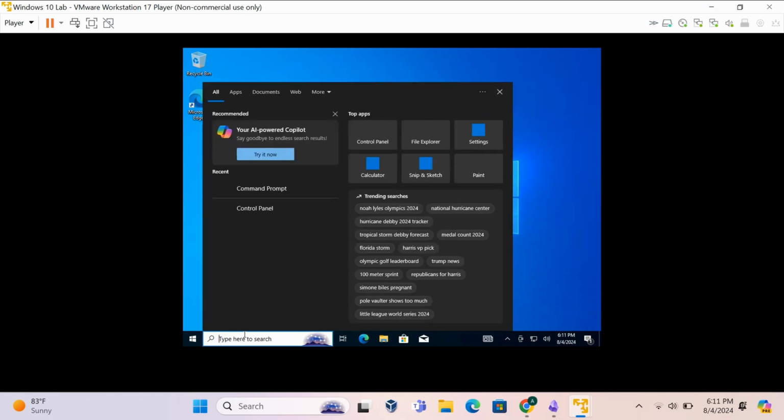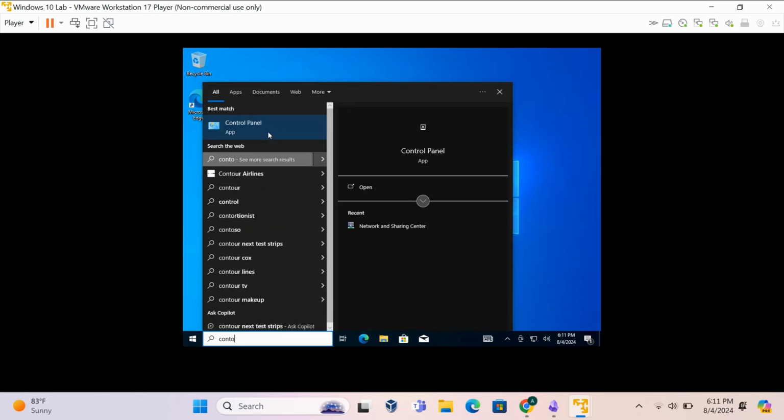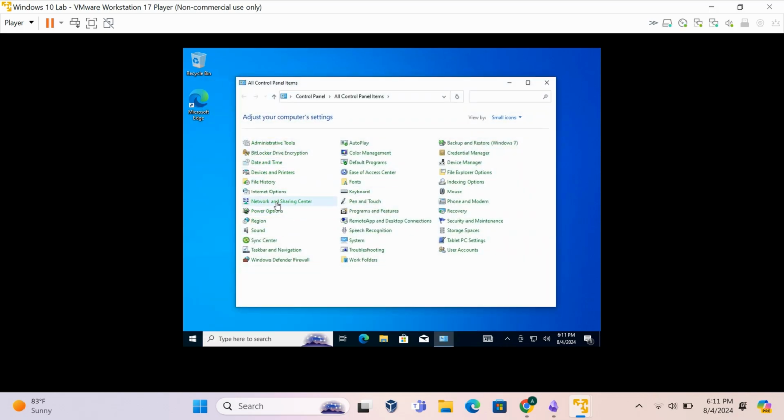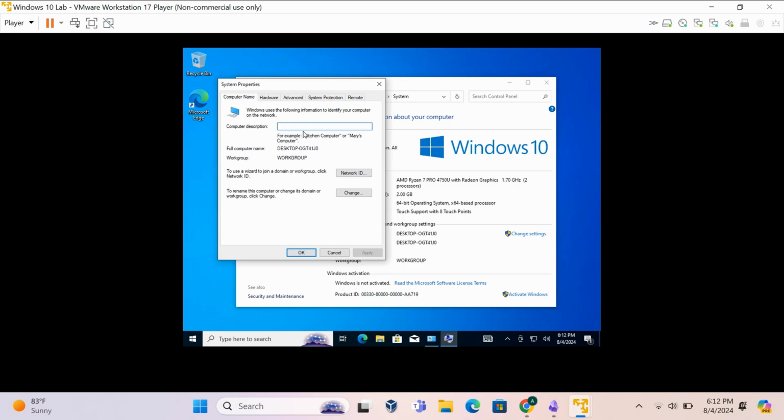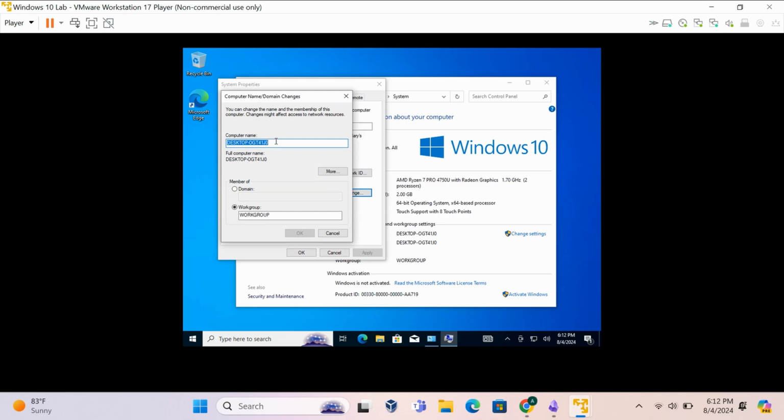Now we're going to join the domain. So we go to control panel. We right click system. There it is. Open. And then we go to change settings. And then we go to change. And then we're going to rename this computer to workstation 1. We click domain here. Now we want to put the domain name of the Windows server